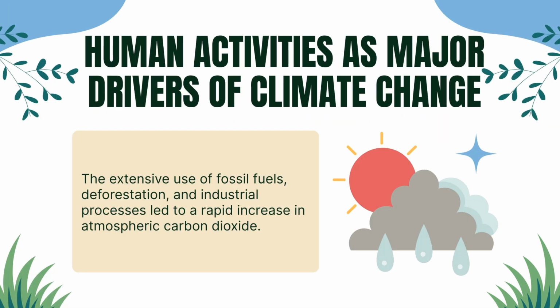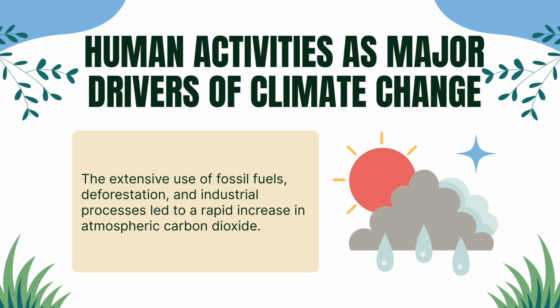The discussion on the Industrial Revolution revealed how human activities significantly altered Earth's climate system. The extensive use of fossil fuels, deforestation, and industrial processes led to a rapid increase in atmospheric carbon dioxide. Unlike natural climate cycles that occur over thousands of years, this human-induced change has happened in just a few centuries,